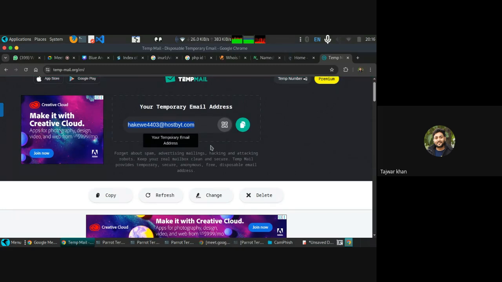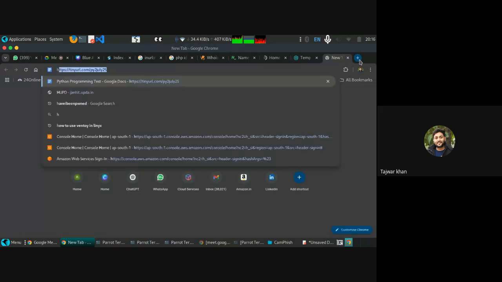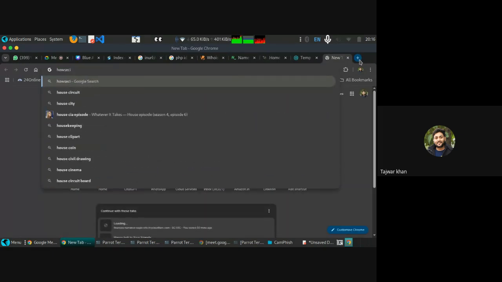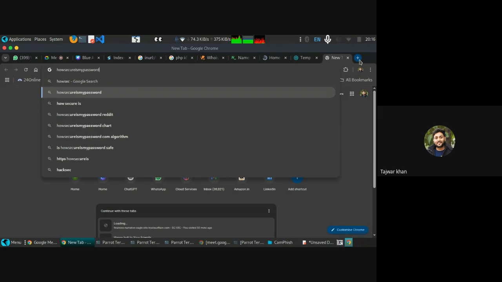People always say your password should have lowercase characters, uppercase characters, some symbols, and some numeric digits like 1, 2, 3. Your password should be like that. And for that, we have one website called How Secure Is My Password.